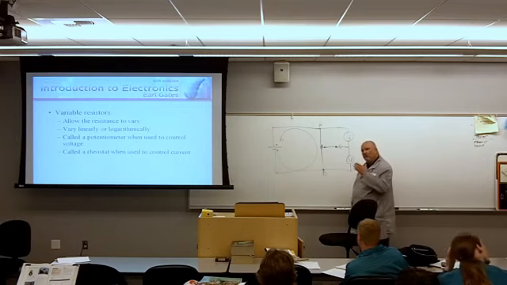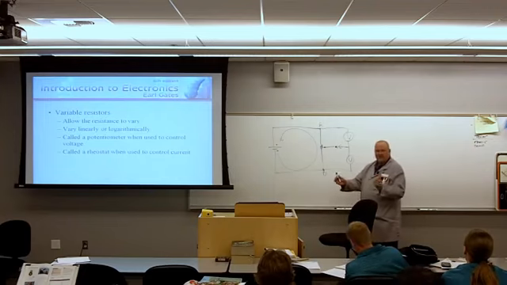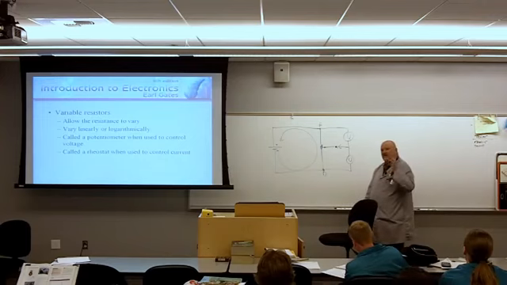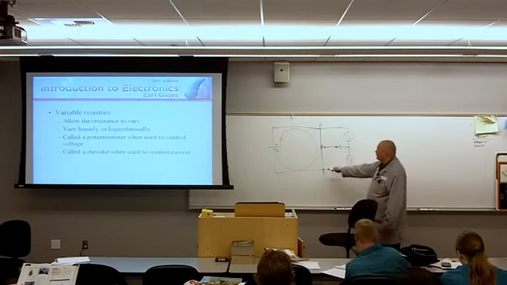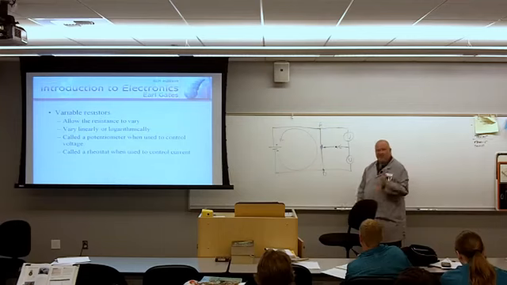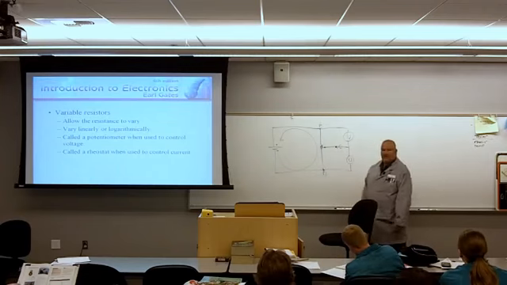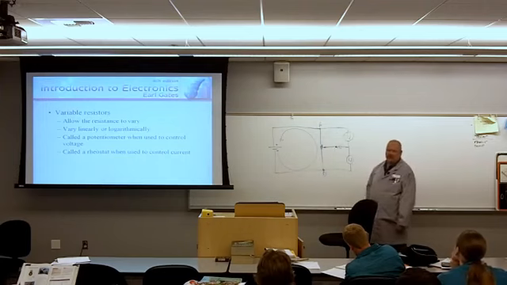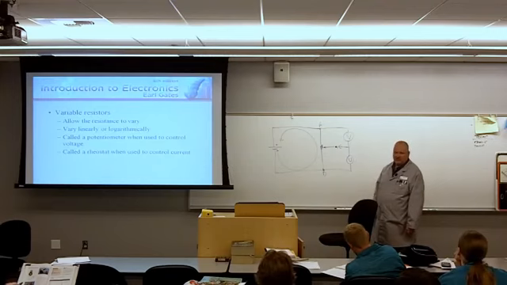As soon as I begin to move that wiper arm slightly, now I'm at 51-49, 60-40. But I'm not talking about resistance. Now I'm talking about what? Voltage. So when I connect all three, I could use this as a voltage divider. 100% of the voltage that gets applied between A and B gets divided proportionally between the wiper arm and the outer terminals. When I have it configured like this and I'm dividing voltage or controlling voltage, we call that a